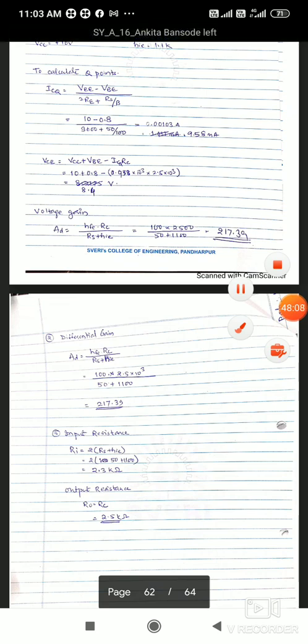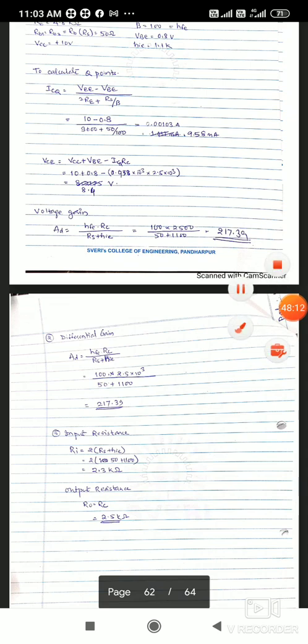Okay, so we have completed all the points from unit number 1. So within 2 to 3 days we can conduct one MCQ test, or in the next week we can conduct it.